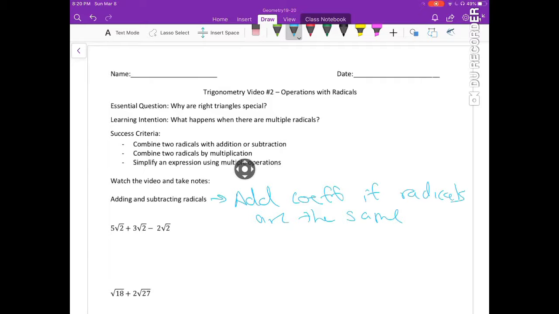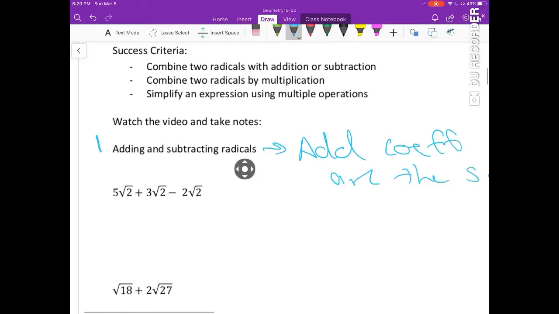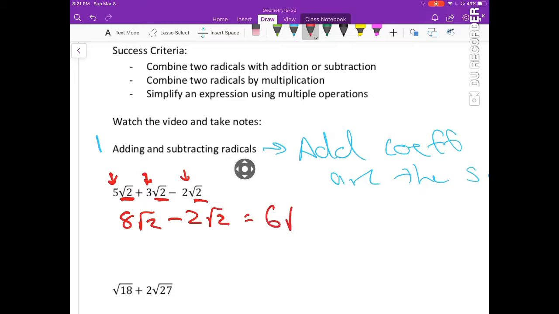So for example, here in the first one, we have 5 radical 2, 3 radical 2, and 2 radical 2. They all have the same radical. So these can be put together. So we're just going to add or subtract the numbers in front. So for this one, we would have 8 radical 2 minus 2 radical 2. And then I would take 8 minus 2, and I would get 6 radical 2. Kind of like the same idea as if we had x's or y's or any other variable that we're used